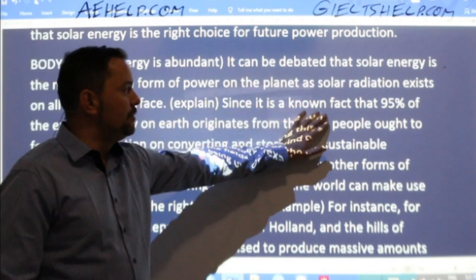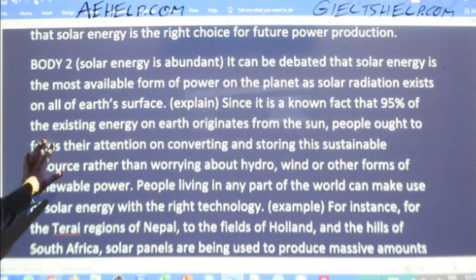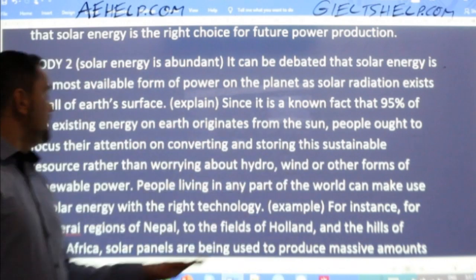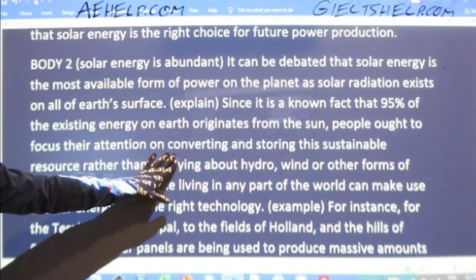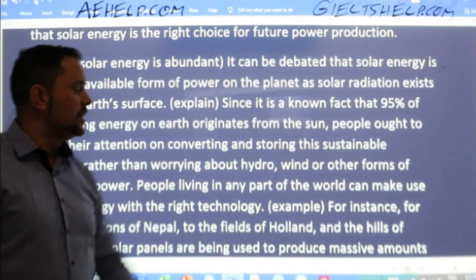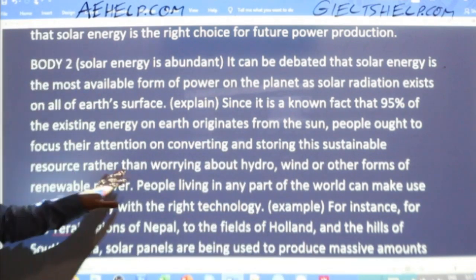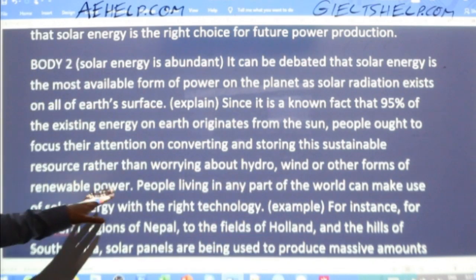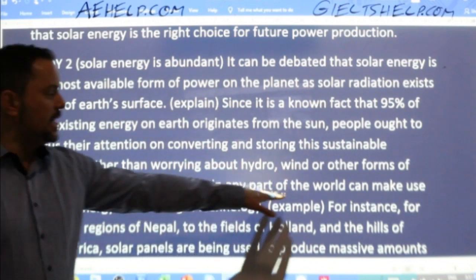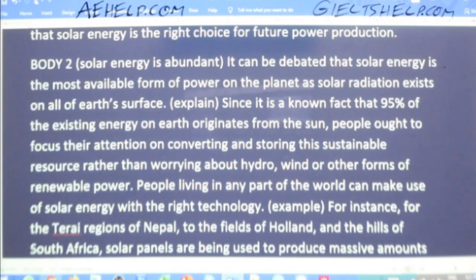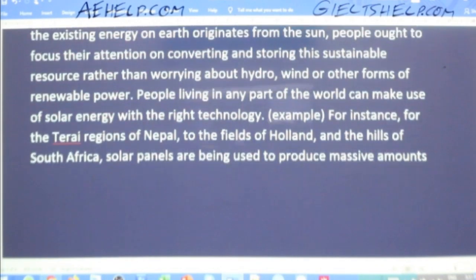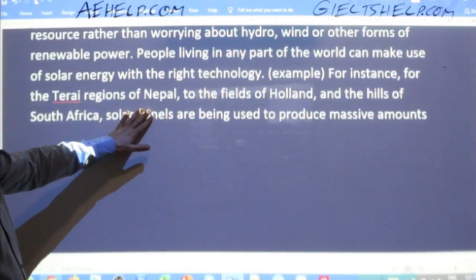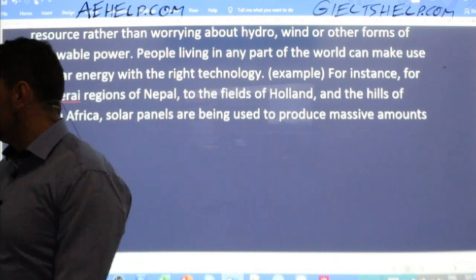Since it is a known fact that 95% of the existing energy on Earth originates from the sun, people ought to focus their attention on converting and storing this sustainable resource rather than worrying about hydro, wind, or other forms of renewable power. People living in any part of the world can make use of solar energy with the right technology. For instance, the Terai regions of Nepal,